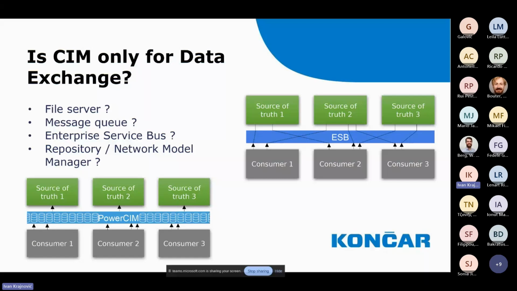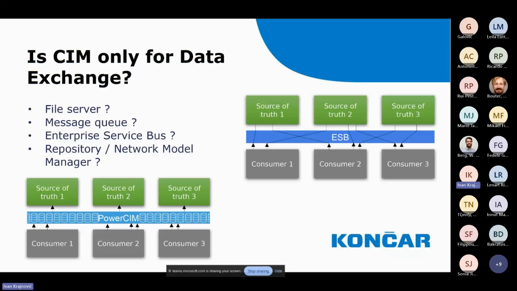What we really need is some sort of repository, or as other vendors call it, a network model manager, that's sort of a SIM database. So you can store these models for later use, not just have point-to-point connections between systems. And so you can have a single source of truth or a platform to build applications upon. And it's much easier because, as I said, with a message queue and enterprise service bus, you have assisted messaging, but you still have one-to-one communication between systems. It doesn't solve the important problems. It just solves basically IT problems, not the real application integration problems.